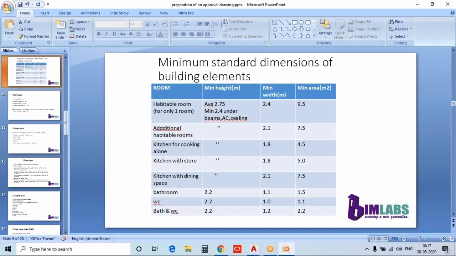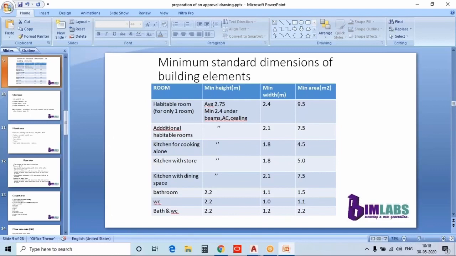ask the client to give total station survey data. Therefore, you will easily get a site plan. You can use that for planning the building, or else you have to visit the site anyway. Then only can you prepare this plan. After making the site plan, you have to give the setback from all the boundaries, and you will get an idea about how much area you have there for planning your building.